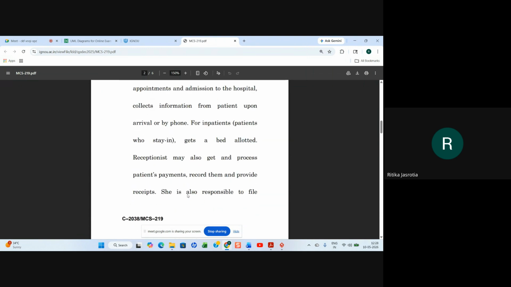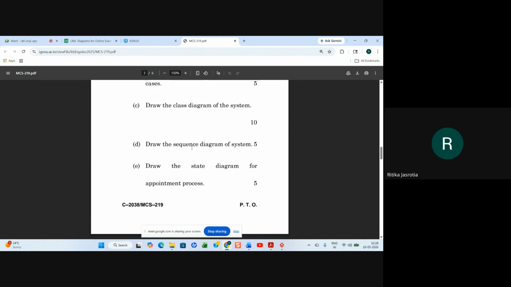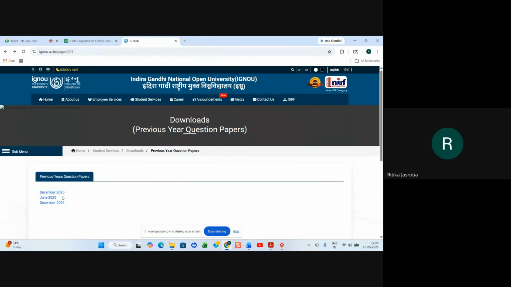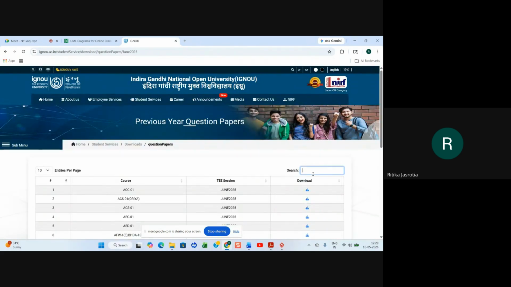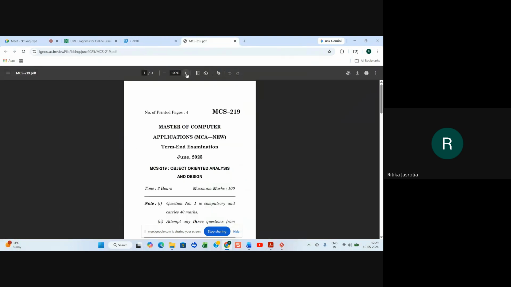Too many diagrams have been asked in this. Yes. And if we go for June 2025, so in June 2025, it is